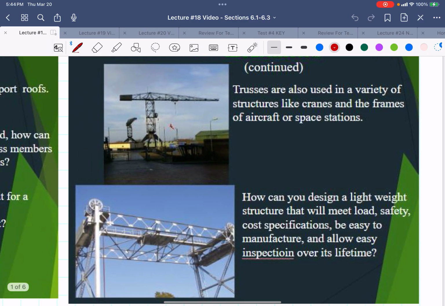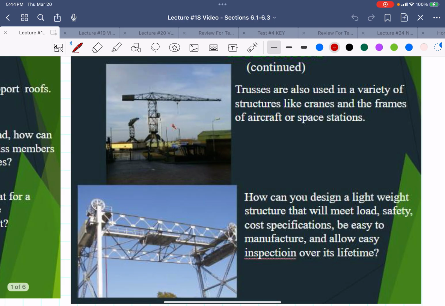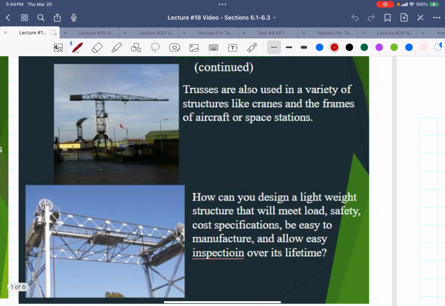Here's some more examples of trusses being used in different ways. We'd be looking at maybe how could we manufacture to meet load and safety requirements but still be a good budget amount. So let's start